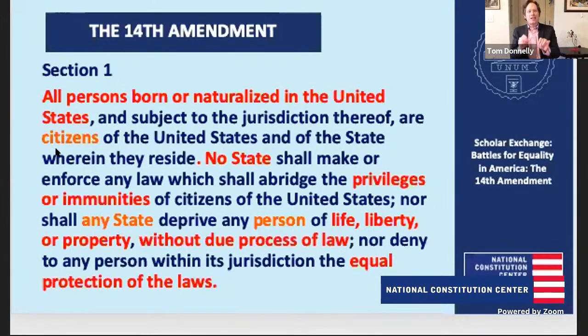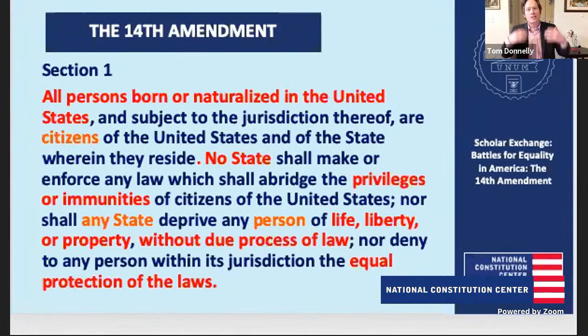The second big idea here, Kerry, is freedom. And here we see that at the beginning of that second sentence. No state shall make or enforce any law which shall abridge the privileges or immunities of citizens of the United States, nor shall any state deprive any person of life, liberty, or property without due process of law. That may sound really overly technical, overly legal, but what that really comes down to is we are going to